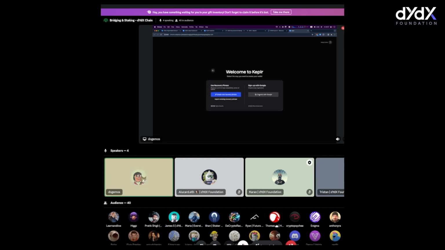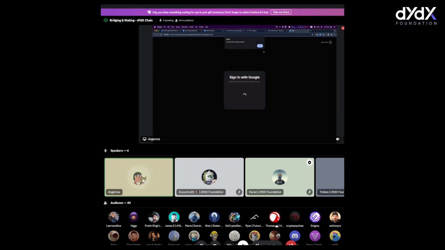Alternatively, you can just use your Google account to create your Kepler wallet as well. As long as you're able to log in with the same Google account, you don't have to remember passphrases. That should be fairly easy if you're not as familiar with how recovery phrases and passphrases work. So let's assume we've gone through that